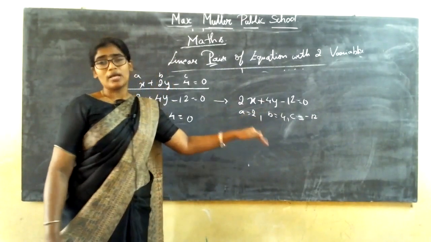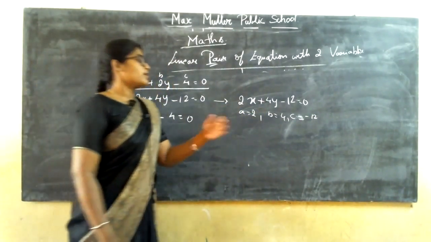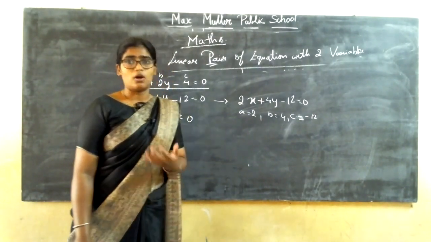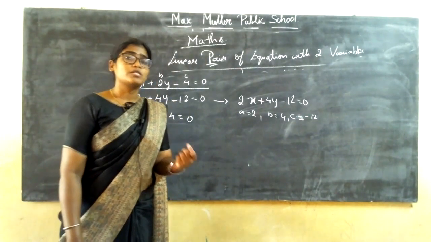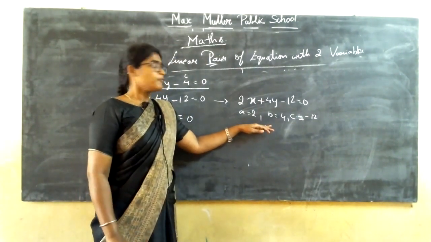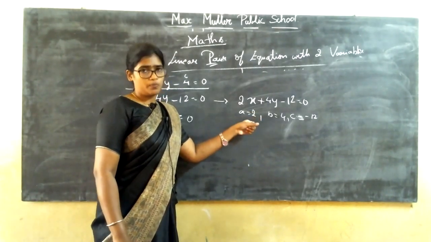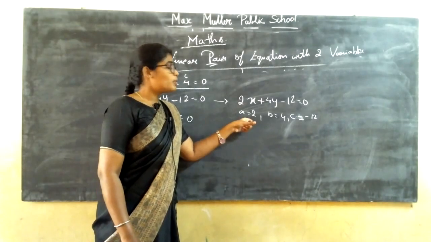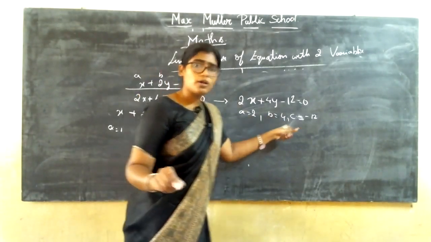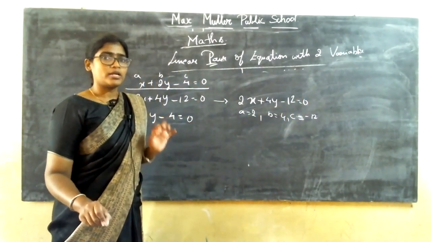Does this go in one single table? Which is the least number, for example? Or if you are not able to find out whether it is going in a one single table or not, at that time you are going to see which is the least number you have in this equation. Clear? The least number in this equation is 2. Now you are going to see whether 4 and 12 are divisible by 2. You can cut short anything.